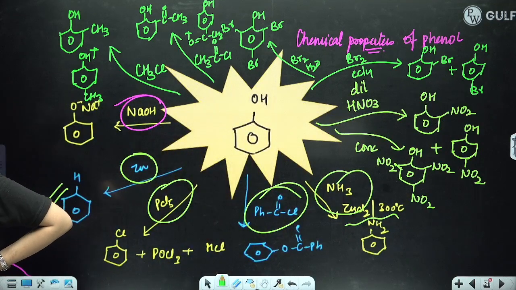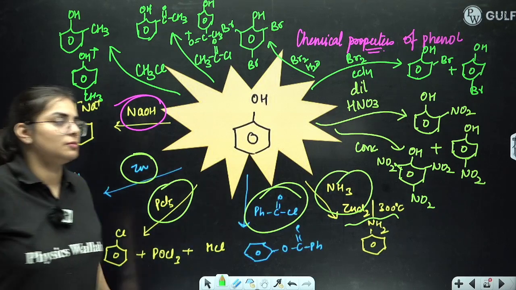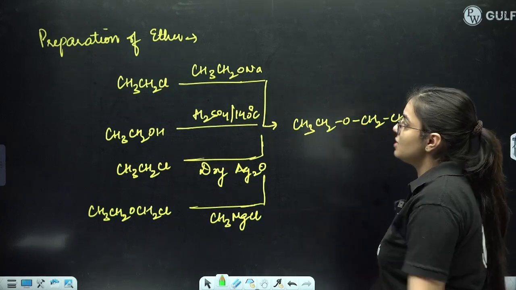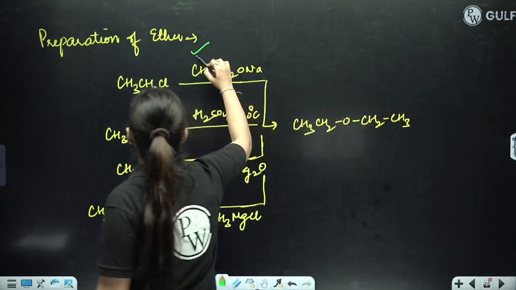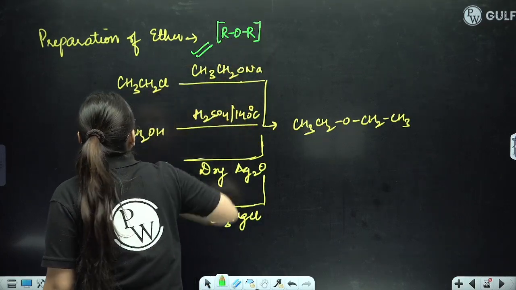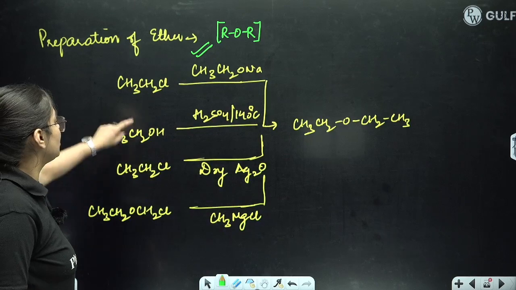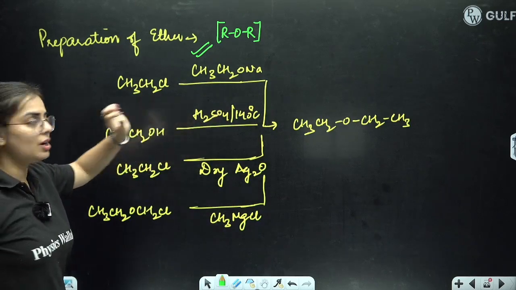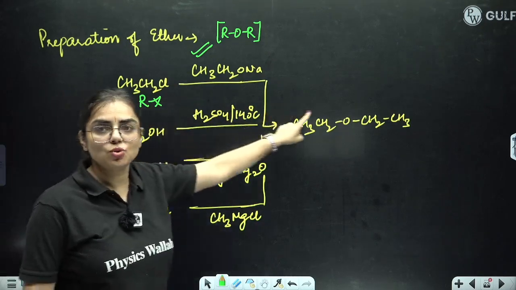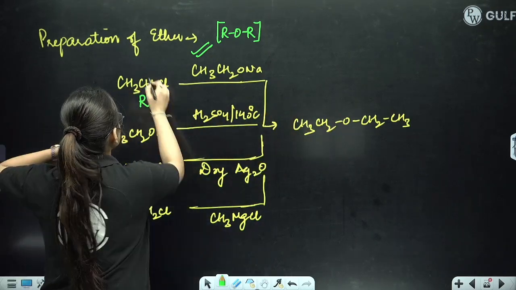that is ether. Okay, so this is basically the methods of preparation of ether. What exactly is ether? It is ROR. How you can obtain it is, the very first reaction that you can do is, you can take your alkyl halide, that is RX. You can react it with CH3CH2ONa, and what you can observe is, it is positive,